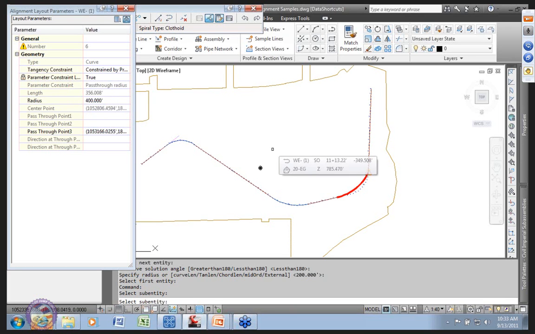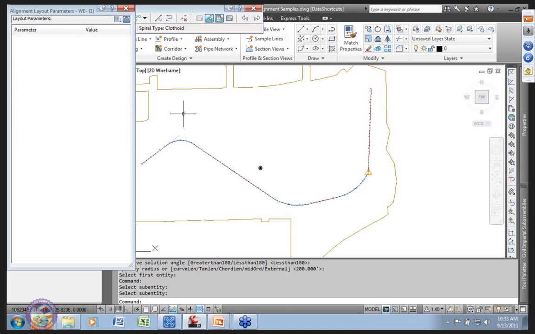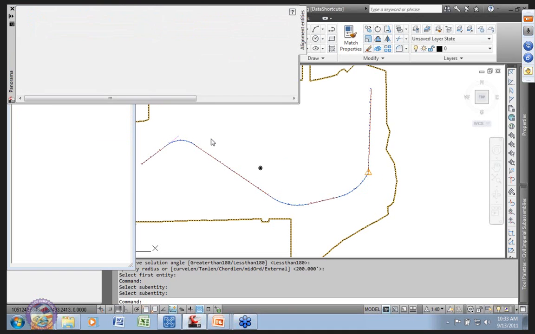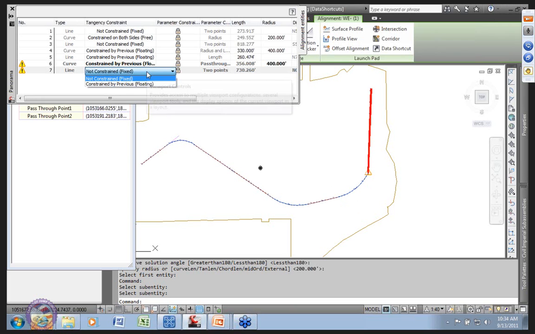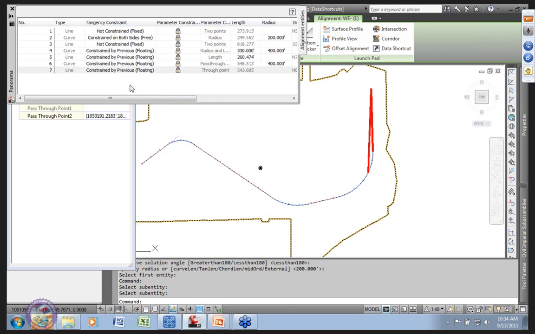Okay, and let's take a look. My curve was constrained by the previous, so that's constrained, but my line is not. I can constrain that as well, and